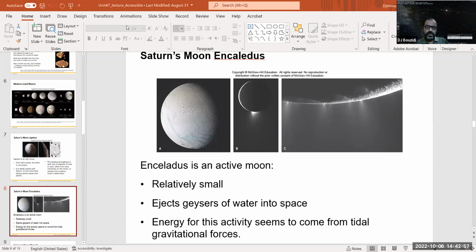Enceladus is the other interesting moon here. It has these geysers that you see ejecting from the moon. All of this is coming from what is known as tidal heating from inside, when you have a moon that is tidally locked with its host planet or with the other moons, and then they start pulling it one way or the other. That generates heat inside. That heat will melt the water inside and actually keep it melted, and then its temperature rises enough that it erupts, just like volcanoes here on Earth, except that they are